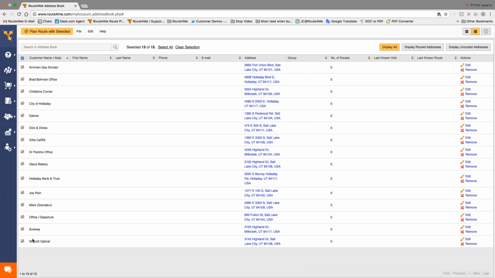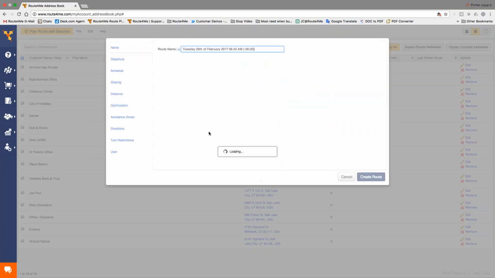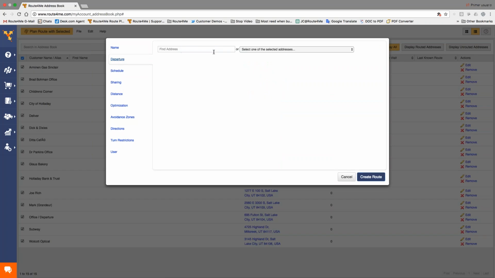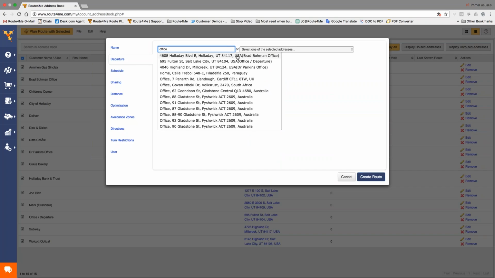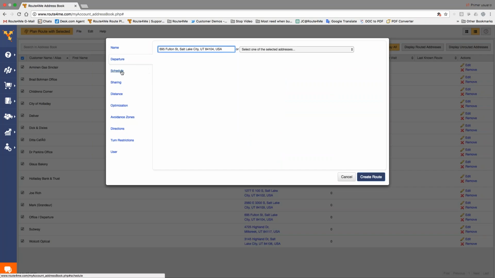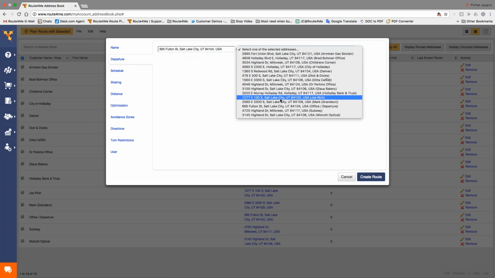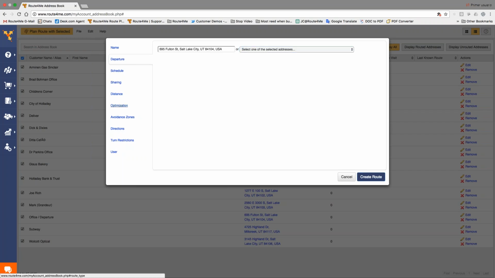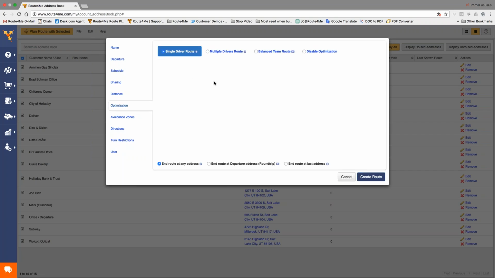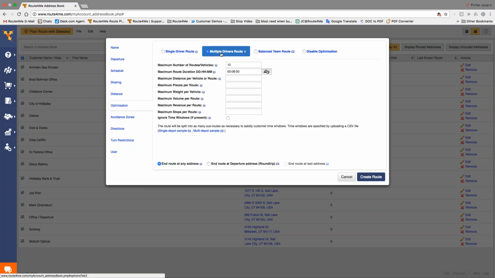Let's grab this list of addresses right here, and I'm going to go and plan route selected. Set up a departure point. Like this. See, you can set up whichever departure point you would like, or you can type in a whole new one. It's up to you. This time, what we're going to do is we're going to use the multiple driver section,